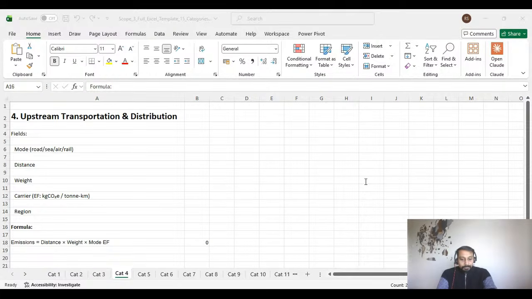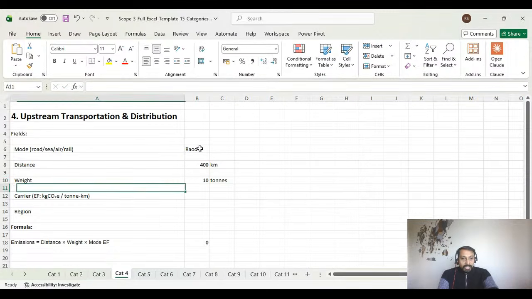So here, the road freight from suppliers. We have chosen the mode as road, and the raw data is distance of 400 kilometers. Weight can be 10 tons. I'm just giving the example. I will just write down here. So mode will be road. Distance is 400 kilometers. The weight will be 10 tons,